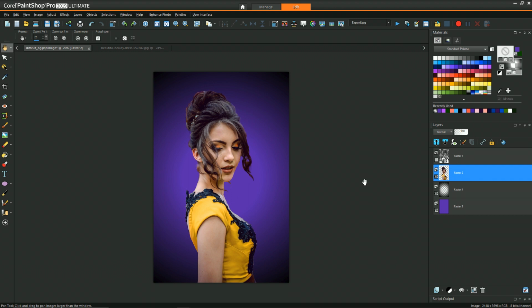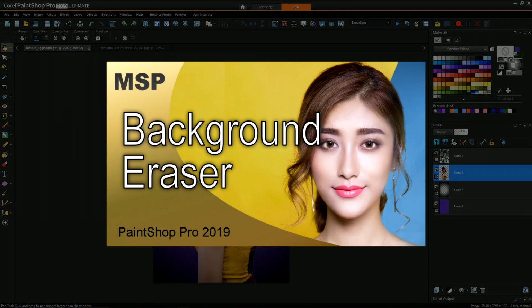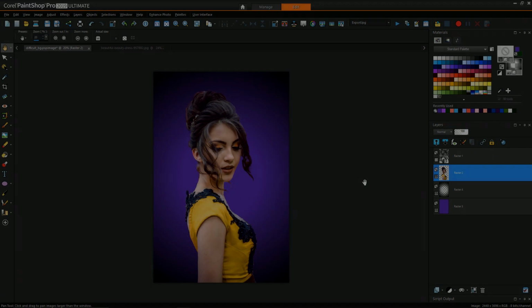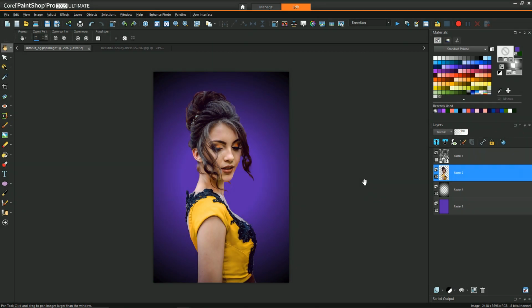So having gone through all of this, if you know ahead of time that a photo you're taking is one where you're going to want to isolate the subject from the background, just by comparing this video with the background eraser video I have, you can see how with a homogeneous background, the background eraser will get this job done no problem, and maybe with only one setting that you have to manipulate in the tool.